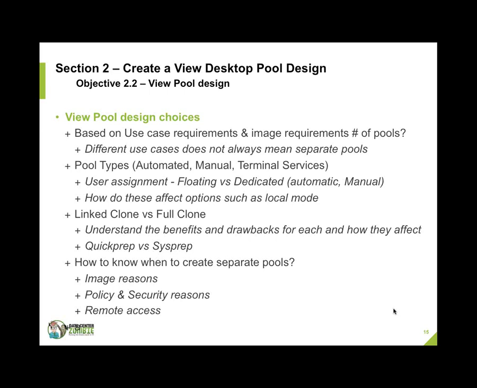And then there's linked clones versus full clones. So those are your two types of really how you'll clone a desktop to make it. Full clone is basically a template like you would use in vCenter, and when you create new desktops, View is actually telling vCenter, hey, I need another clone of this, so it's going to make a whole clone of that, and it will use up the appropriate amount of space. So if every desktop consumes 30 gigabytes, every View desktop that's cloned from that is going to take 30 gigs. So that's the piece where,